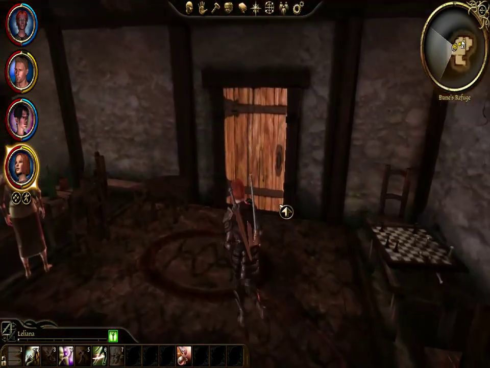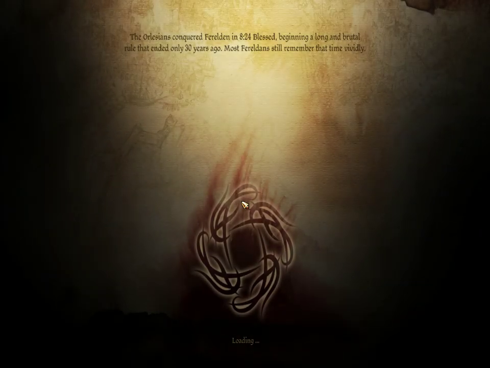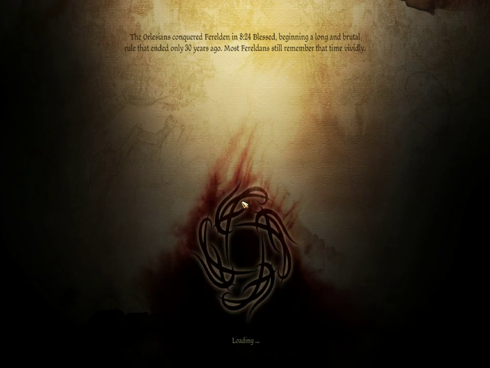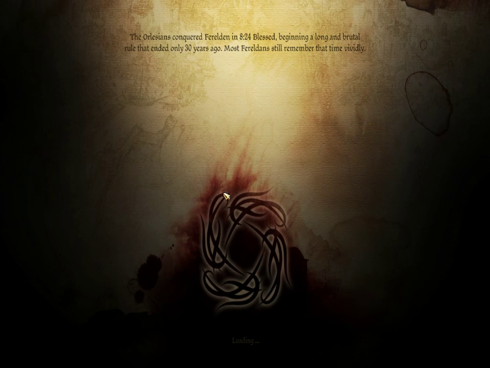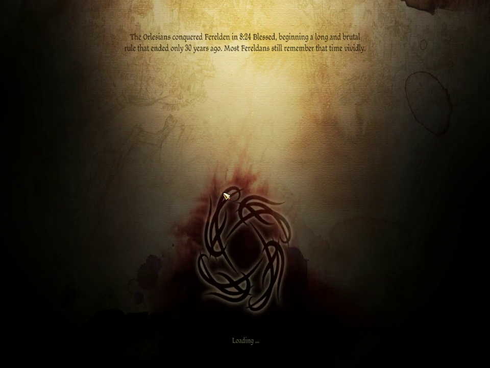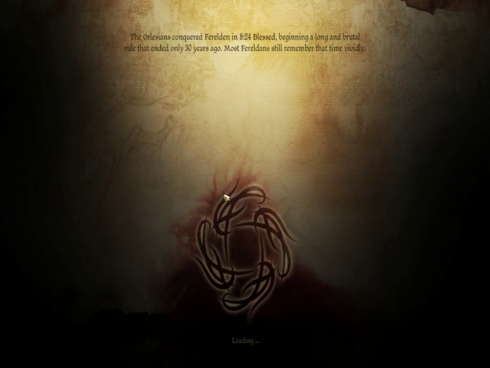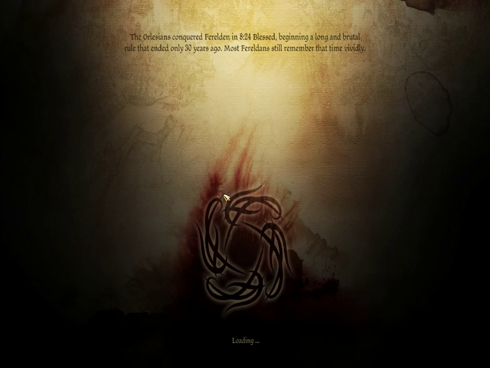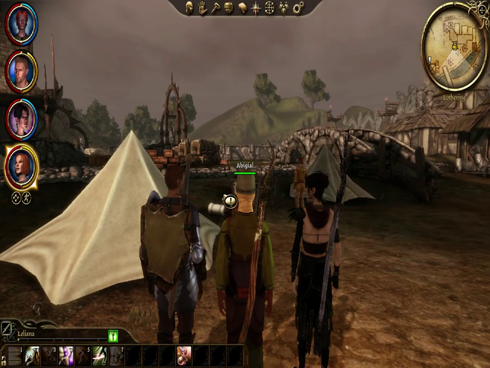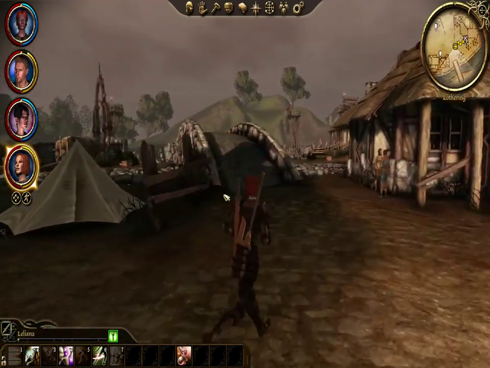Alright, let's leave. We'll worry about that later though. Right now we're gonna go get our other companion. Oh, just so you guys know, your companions level up with you even when they're not with you. So don't worry about not using somebody for a while and thinking that they're gonna be...